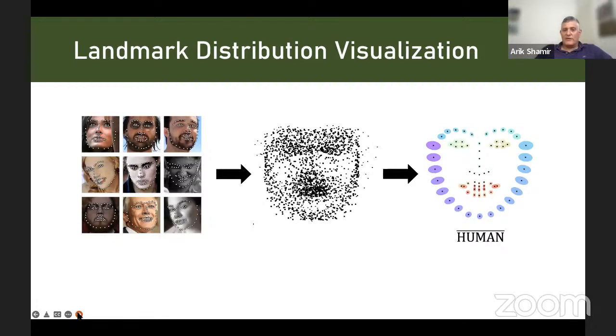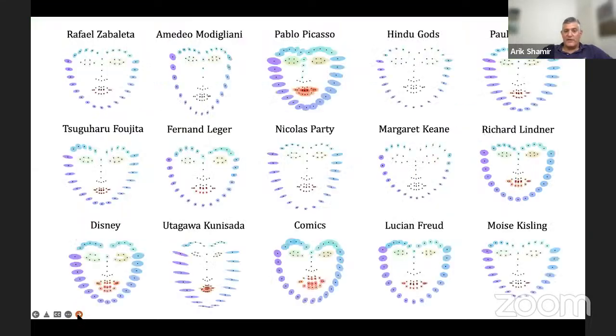So what we were trying to do, as I told you before, is learn the geometric style. And looking at the human faces, if we detect the position of those landmarks, we can then gather each landmark together and create a sort of distribution with the mean position of each landmark and a variance ellipse around it. And as you can see, human faces are rather regular, and there's a specific shape that most human faces look like. But then we do the same also for our data set of artists. And what we found is huge differences between the different artists.